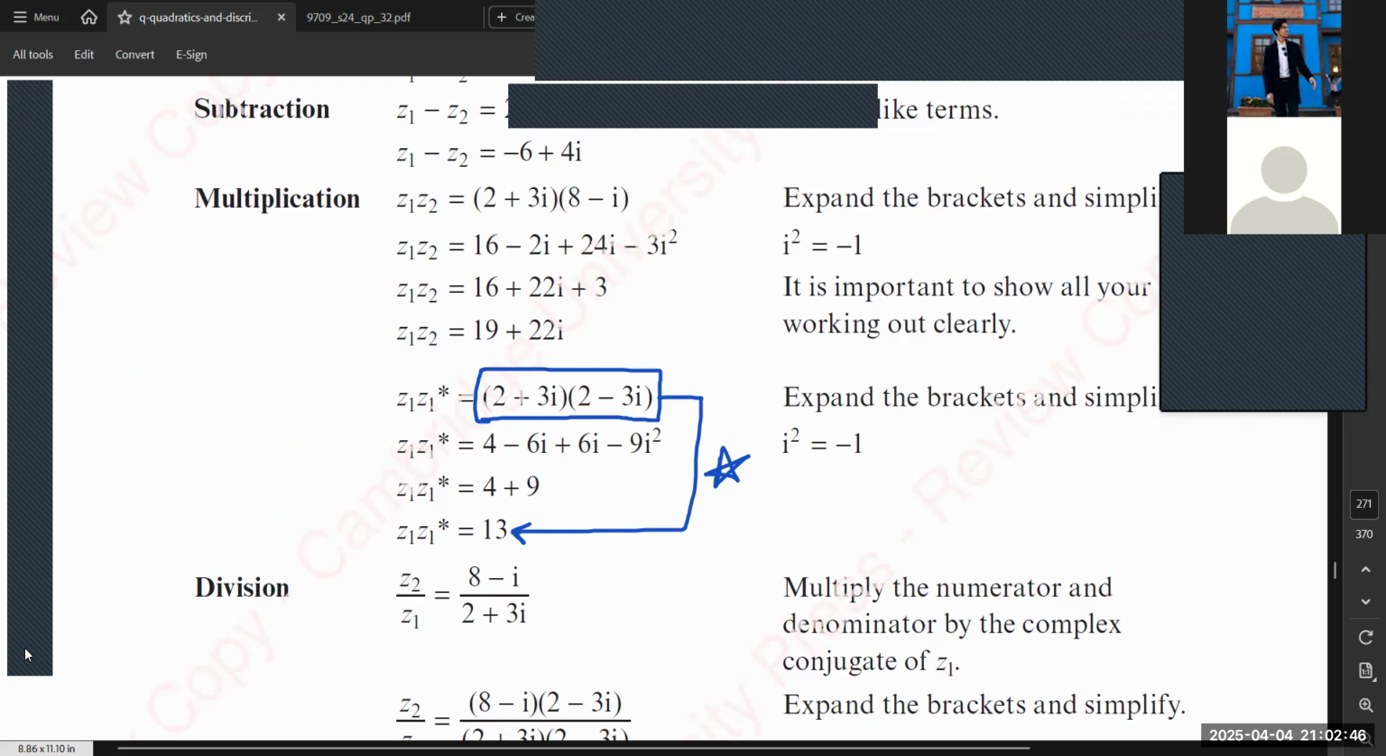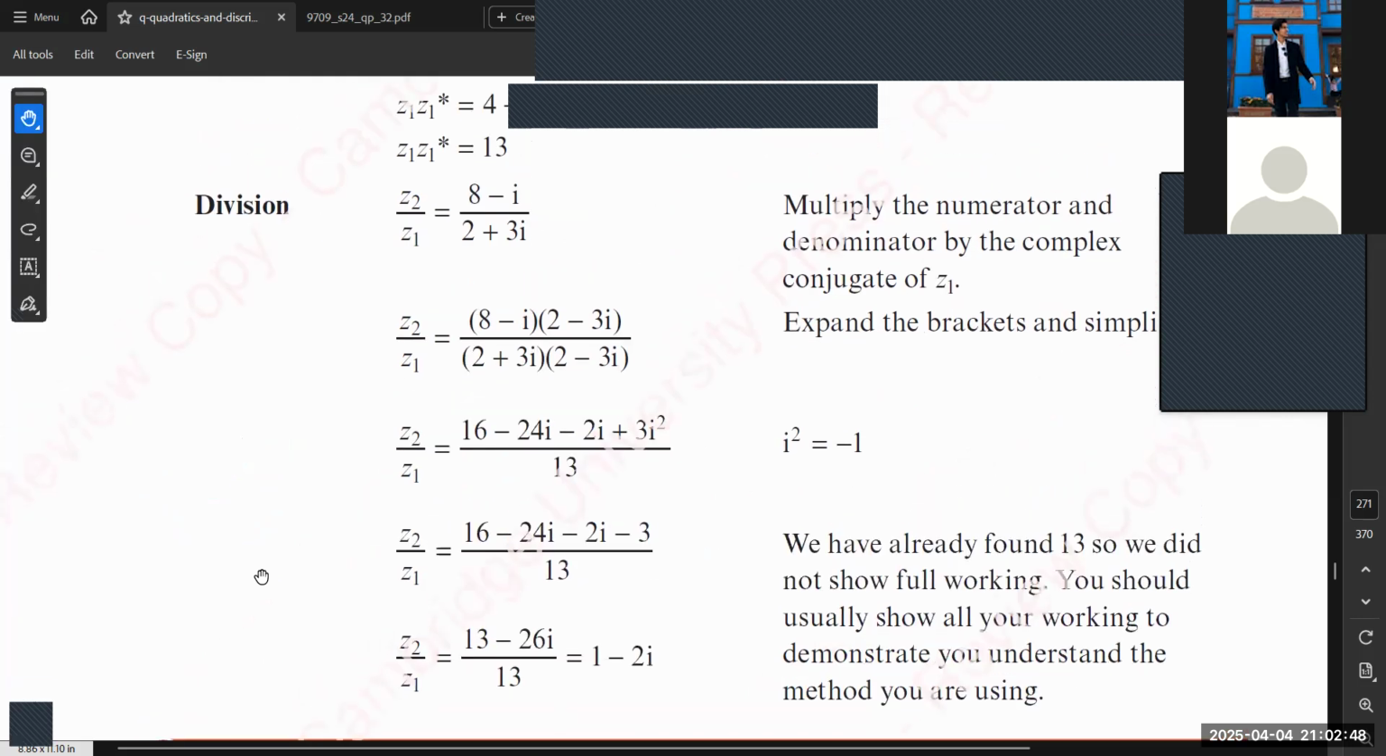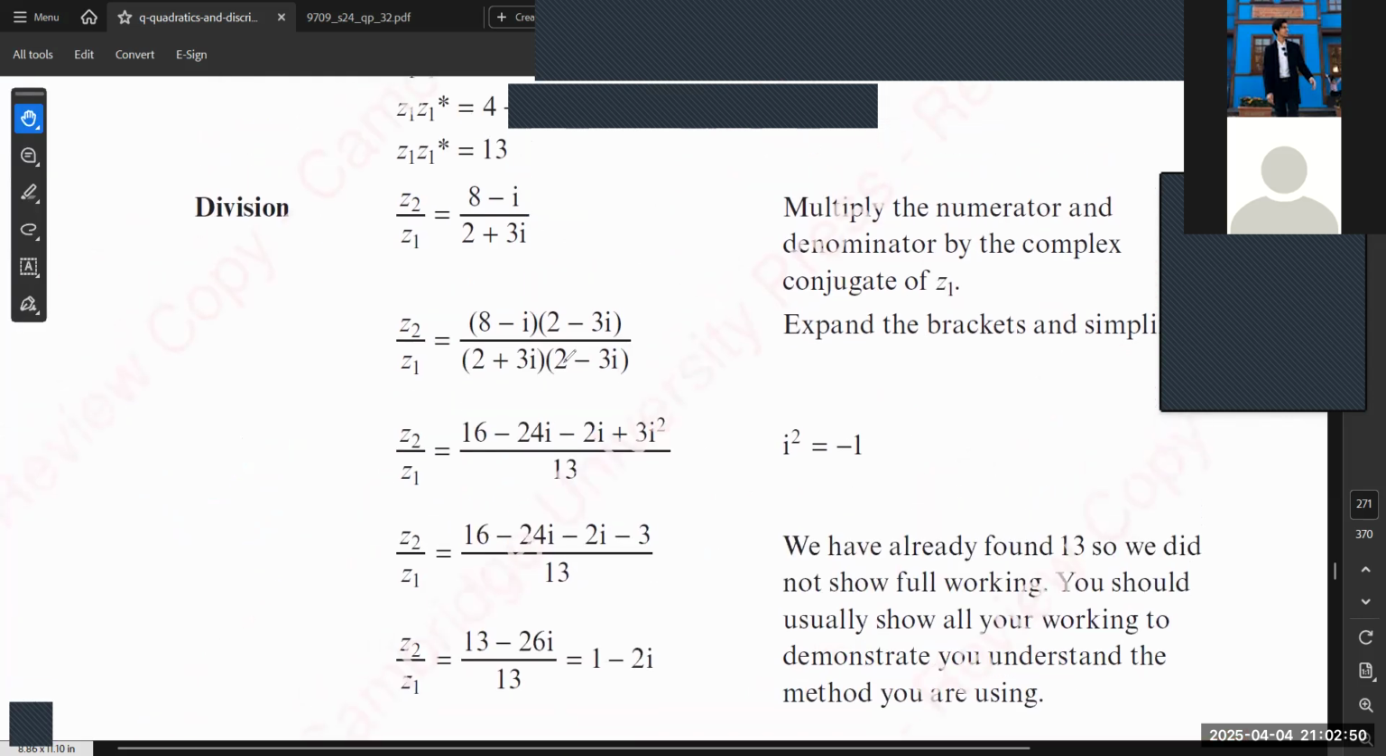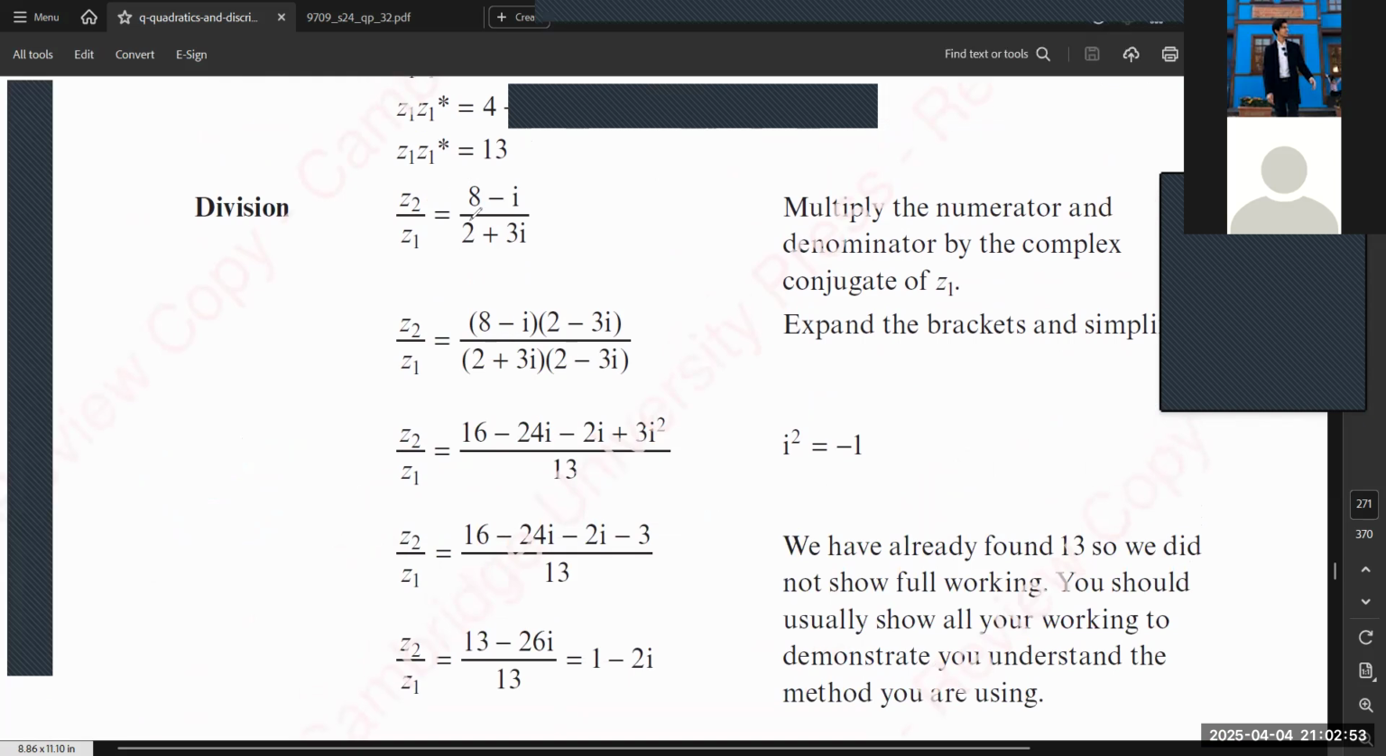There's something called rationalizing a fraction. If in a fraction we end up with a complex number at the bottom, or an imaginary number at the bottom,